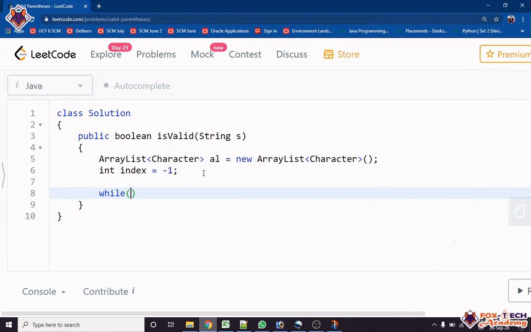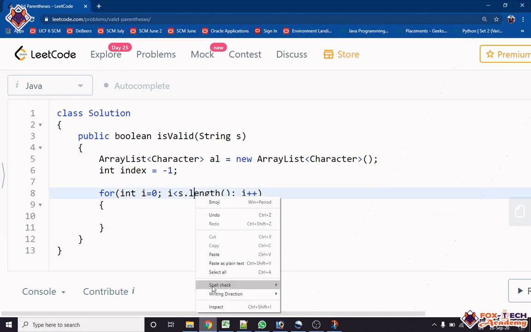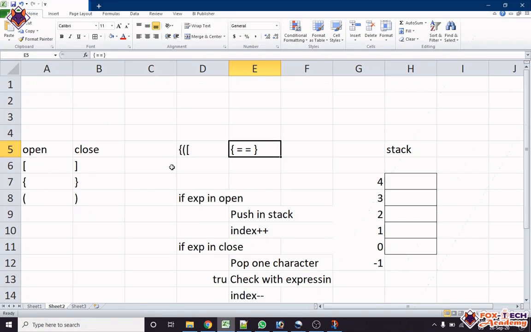We will use for (int i = 0; i < s.length(); i++), because we have to use this concept until we get the last character of this data string, or data expression, we can say.